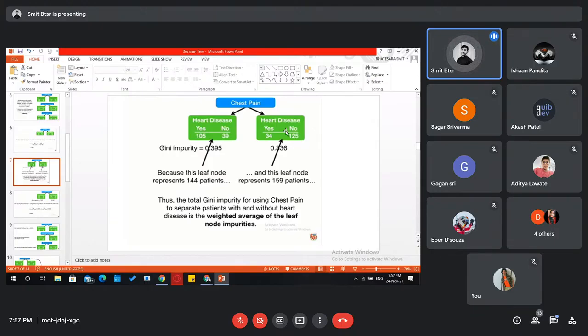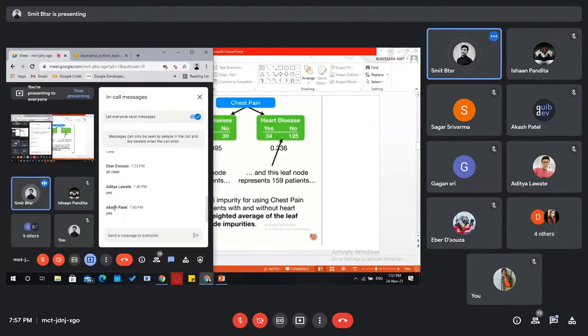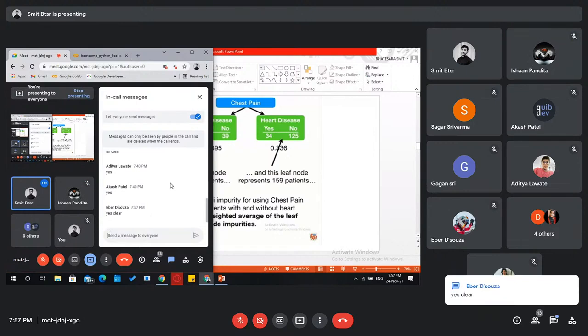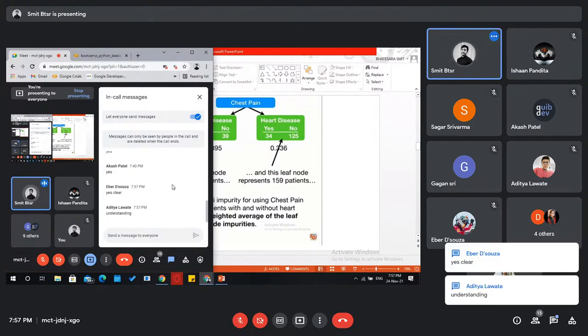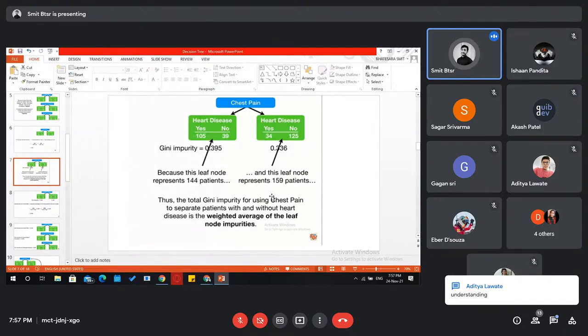I don't know if I am able to articulate it or not. Can you confirm? Are you understanding this or not? Or should I give another example for this? Can you confirm? Right now it is clear. Yeah, okay. It's clear, right? I think there was an issue. All right.